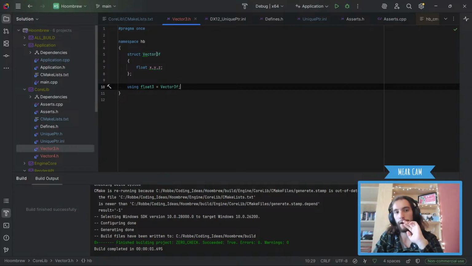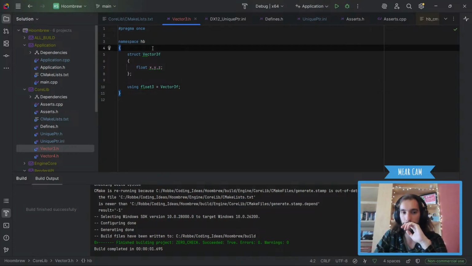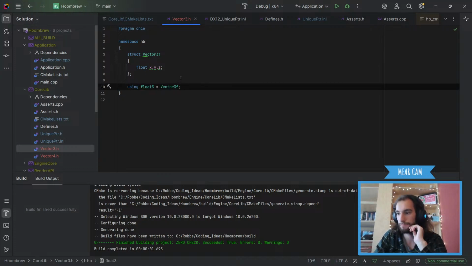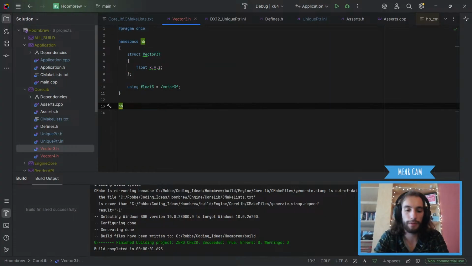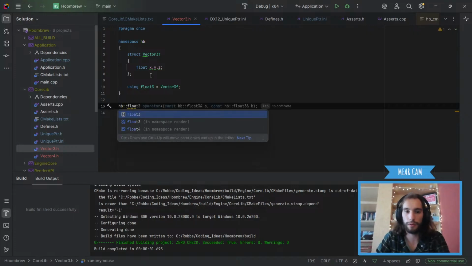Fine. I'm almost thinking of not putting them in a namespace. I'm not sure though. Because it will be annoying, because we'll always have to type the namespace when I just want to use float3, right?